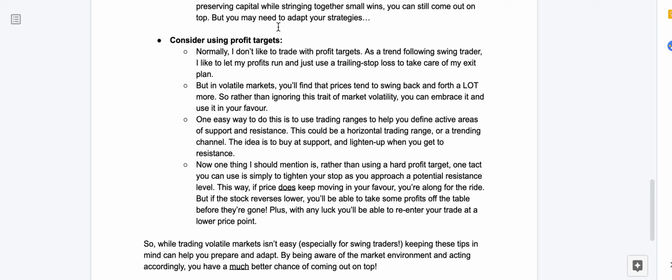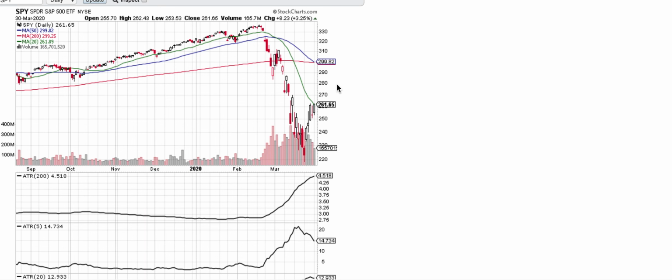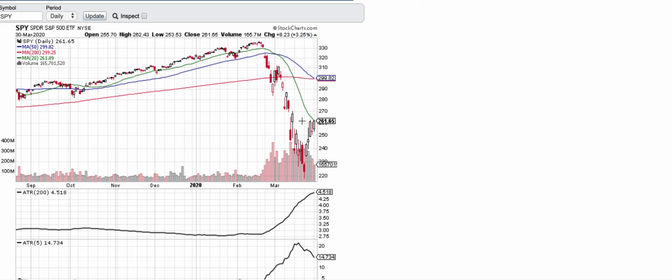As a trend follower, I usually don't employ profit targets. I like to just use a trailing stop and let the trade go in my favor, and then I'll trail the stop higher each week or each day, depending on my time frame. But in volatile markets, it can be helpful to use profit targets. So for instance, going back to this SPY chart,